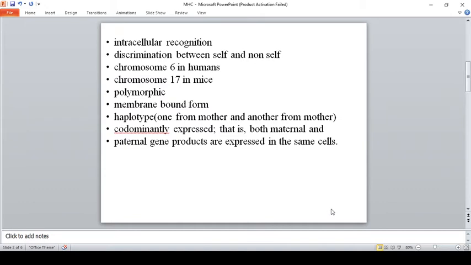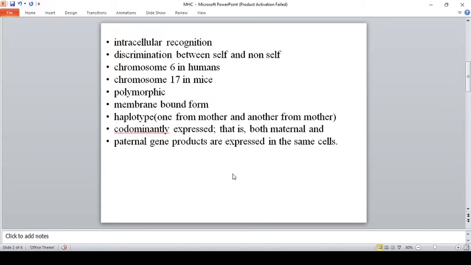So major histocompatibility molecules are mainly involved in intercellular recognition, and the major role of MHC is discrimination between self and non-self. It is present on chromosome 6 of humans